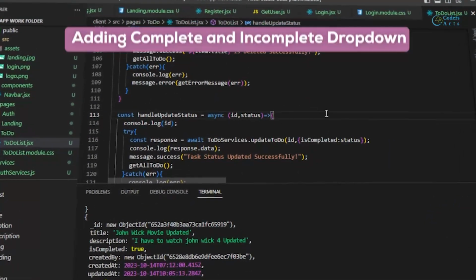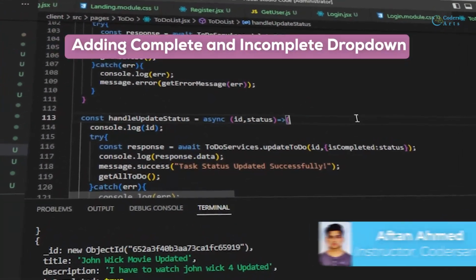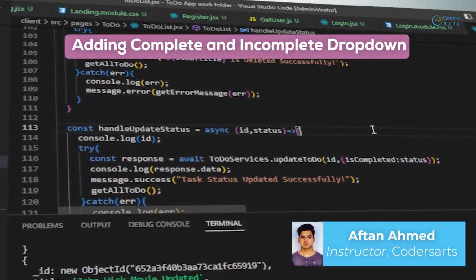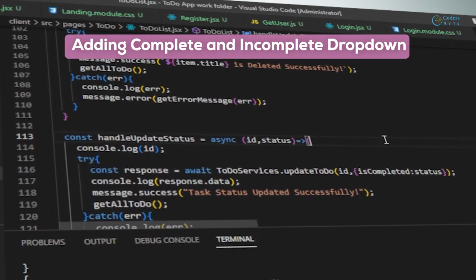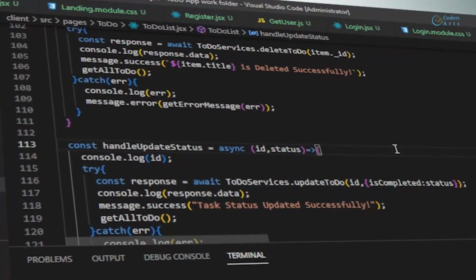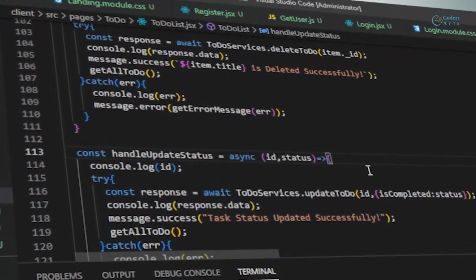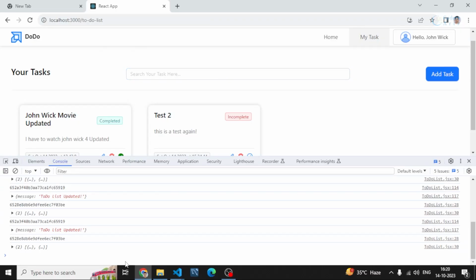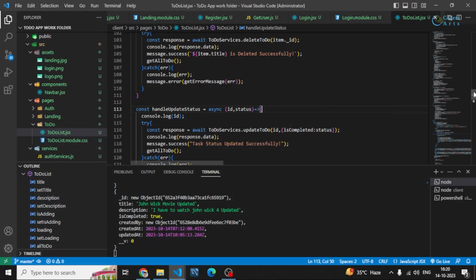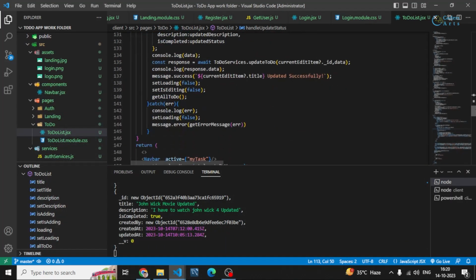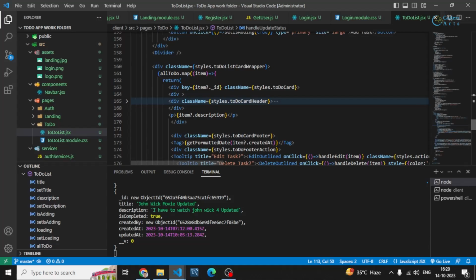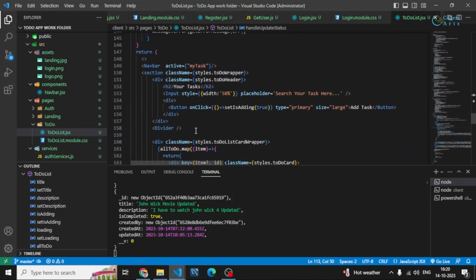So hello everyone, in this video we'll be completing our app by adding the functionality of categorizing all the tasks in completed and incomplete category and also finishing the search option. So this is only the part that is remaining. So let's complete it. Before that, first of all, I'll be adding a simple